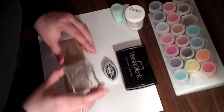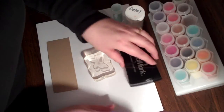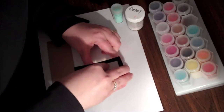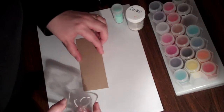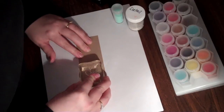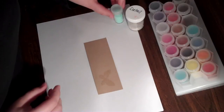Now let's get started. So I'm going to take my stamp here, and this is from Butterfly Beauty from Stampendous. And what I'm going to do is I'm going to ink it up, and when I ink my stamps, I always put the ink pad onto the stamp. Okay, I'm going to stamp my image. You can see how the watermark makes it just a shade darker,